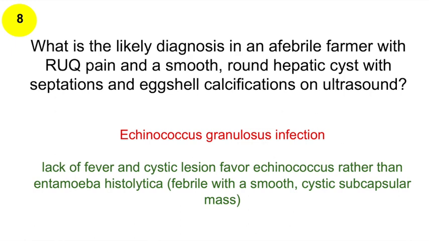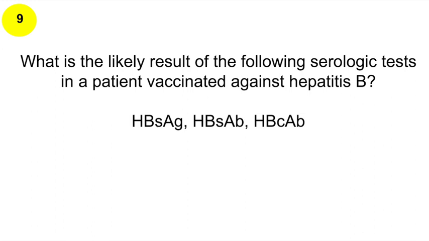What is the likely result of the following serologic tests in a patient vaccinated against hepatitis B? So the question is basically asking, if a patient is vaccinated against hepatitis B, what changes would you see in the hepatitis B surface antigen, the hepatitis B surface antibody, and the hepatitis B core antibody? So in vaccinated patients, the surface antigen would be negative, the surface antibody would be positive, and the core antibody